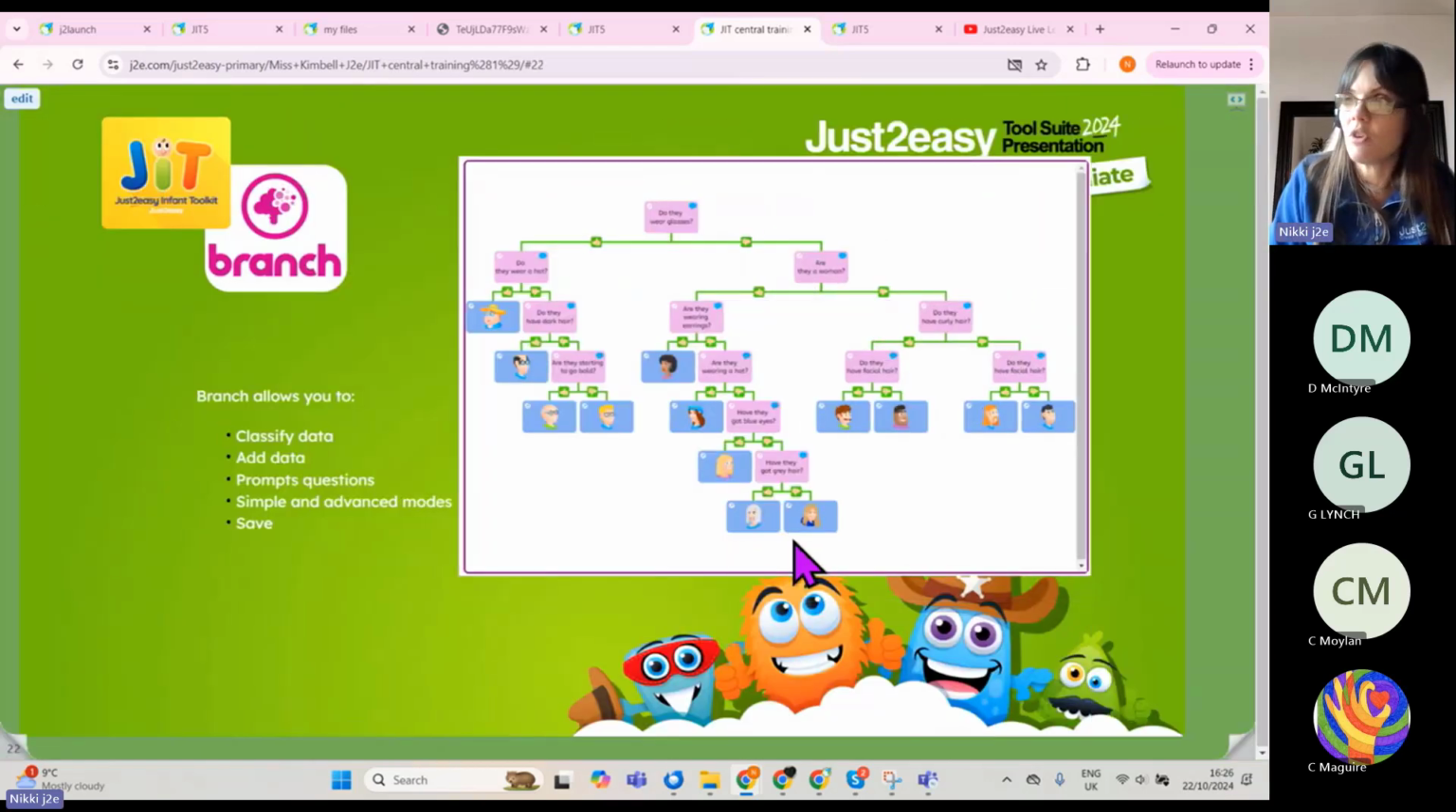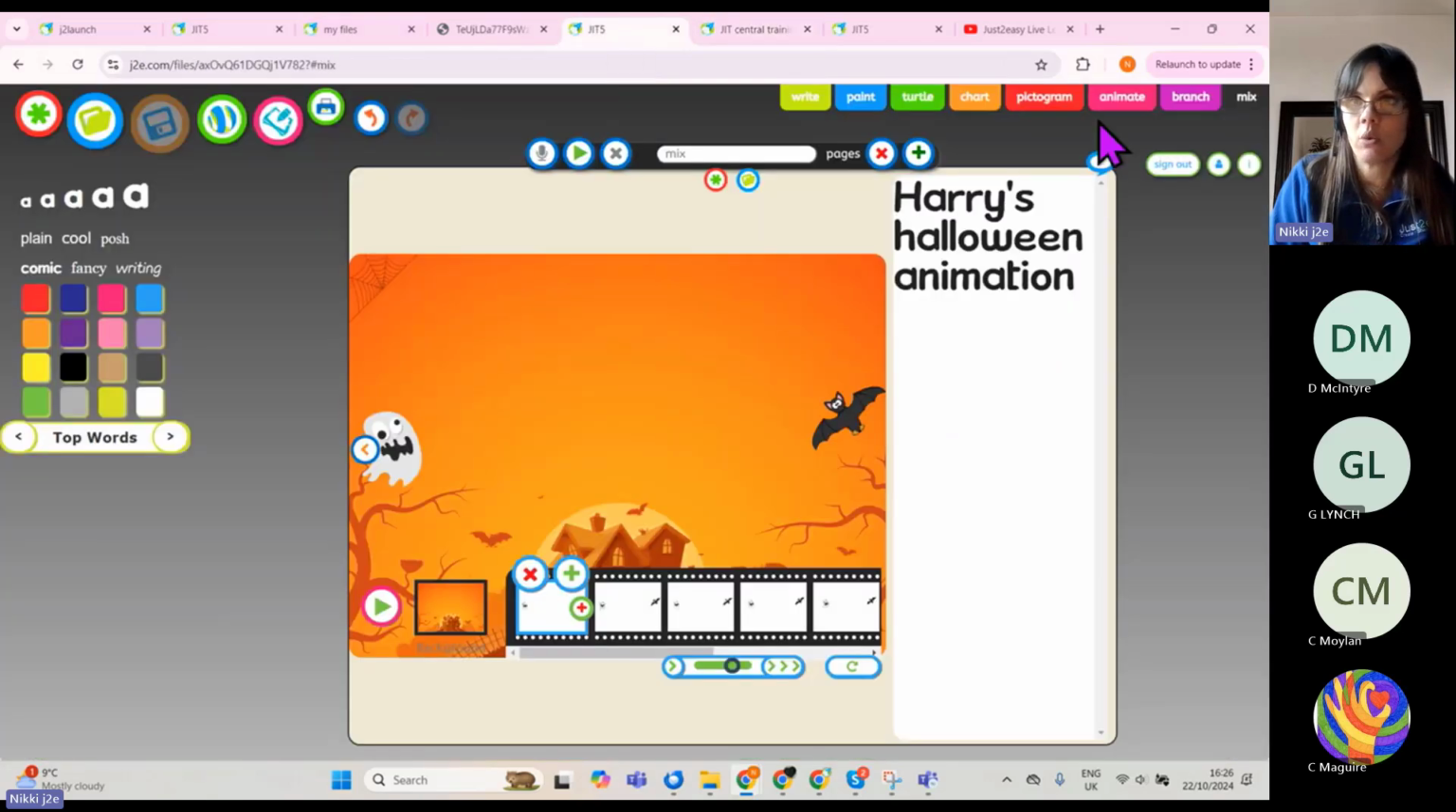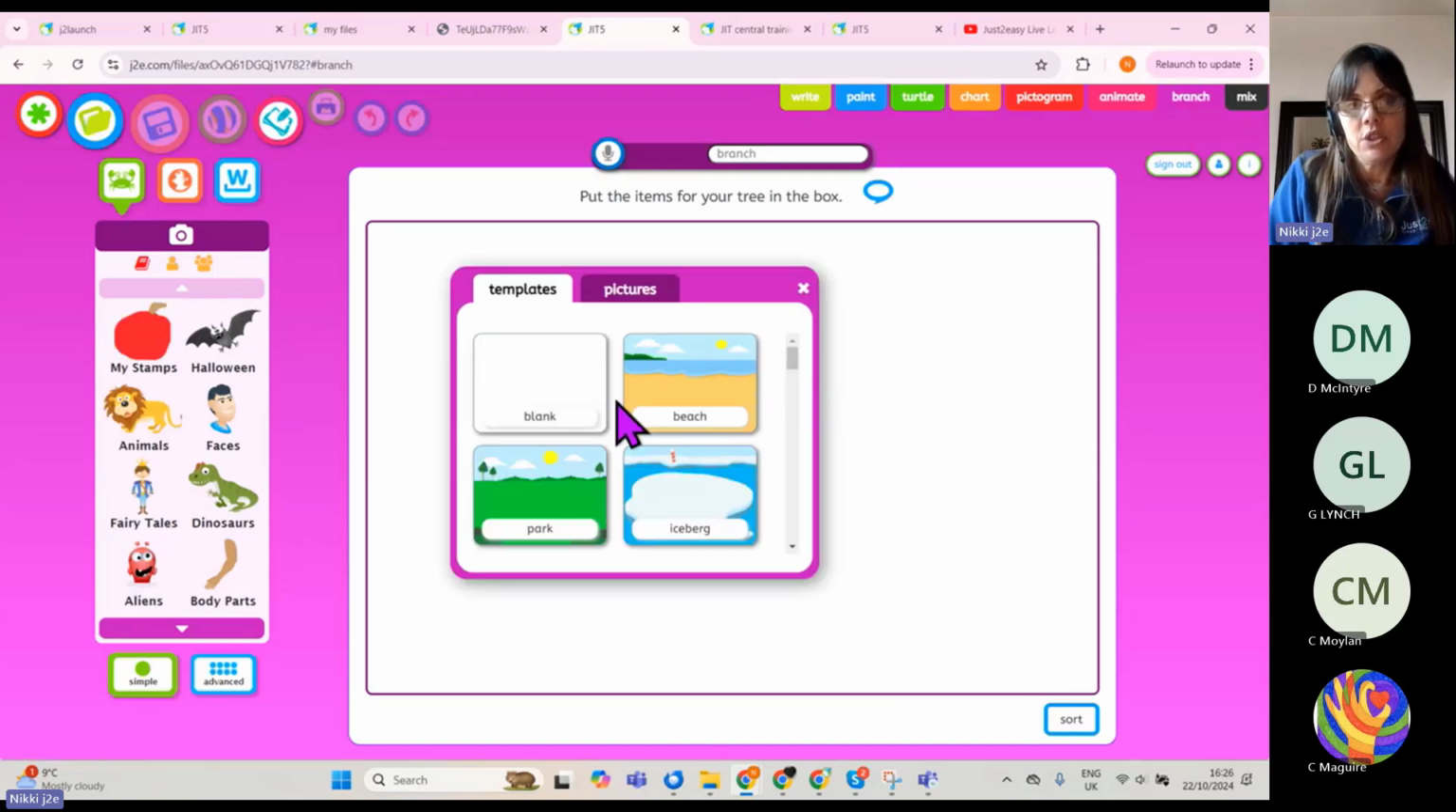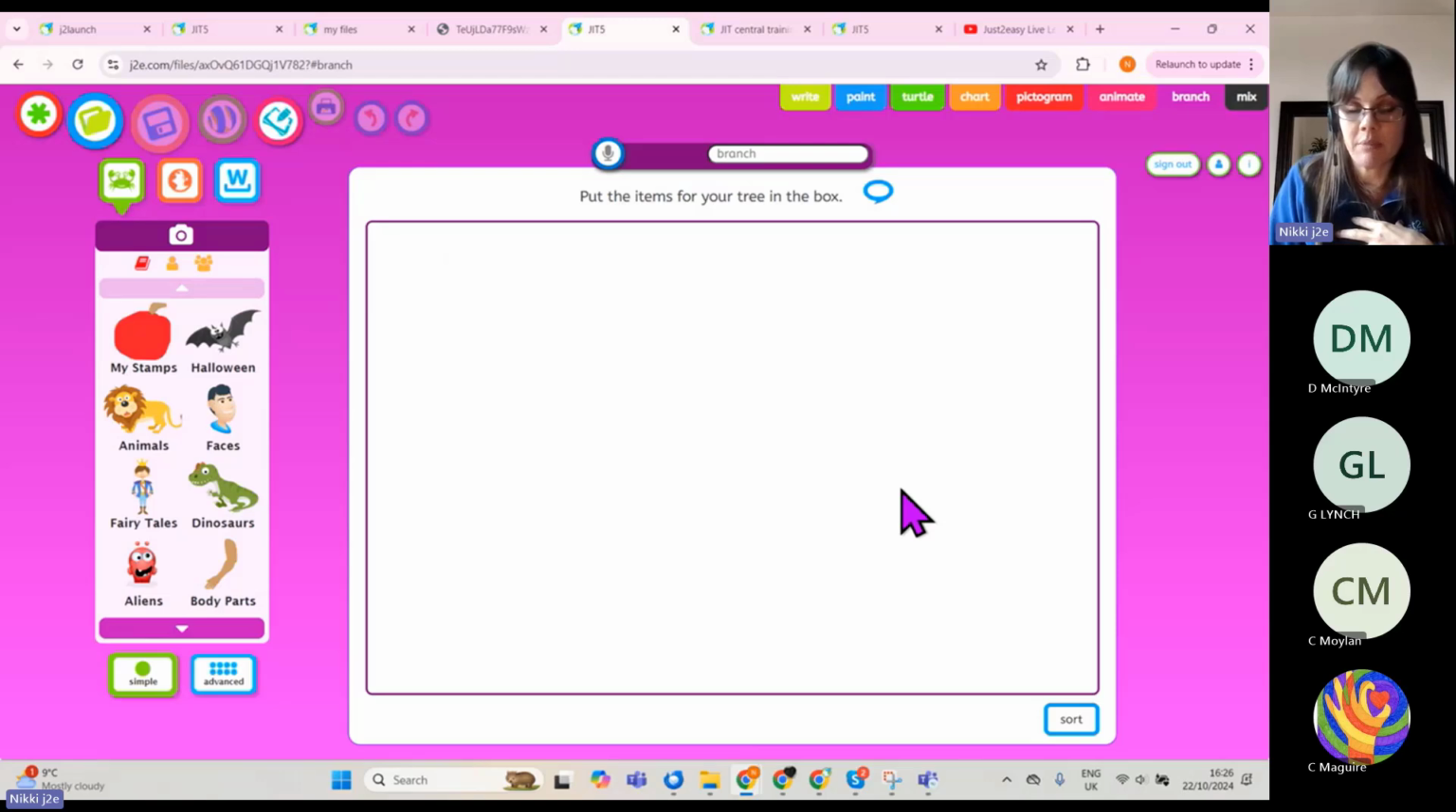Right, lastly, we've got Branch. So Branch is great for Key Stage 2 maths, allows you to classify data, add data, use sorting questions, and it has a simple and an advanced mode. So let's have a quick look. So you've got your backgrounds. I always choose blank, just my SEND background, but you can choose background images,